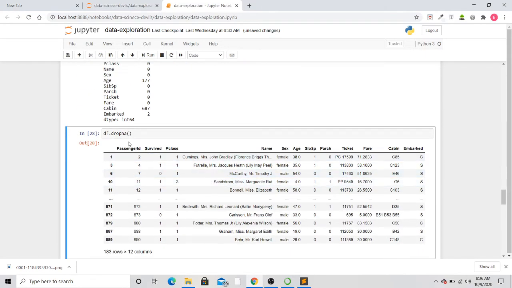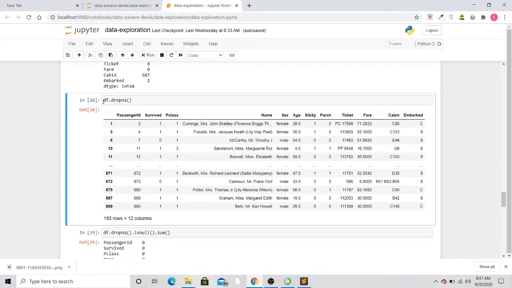Now df.dropna(), what it will do is drop those entries which contain missing values. This simply creates a copy of the updated dataset. It doesn't change my original dataset. If I want to reflect the changes in my original dataset, then I have to write df = df.dropna(). Now these changes will be applied to my original dataset also, but I don't want it because here I'm not analyzing the data. Here I'm just explaining the stuff. So for that, changing the dataset is not needed.